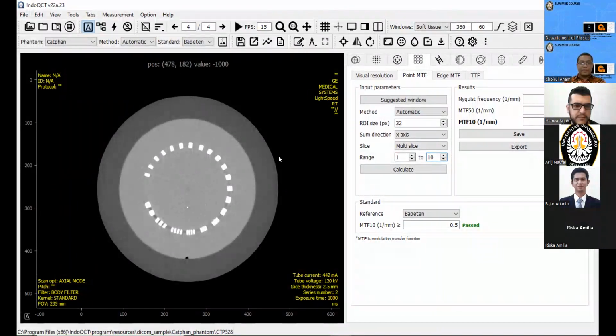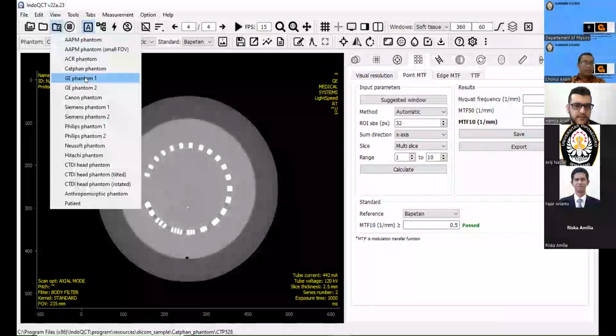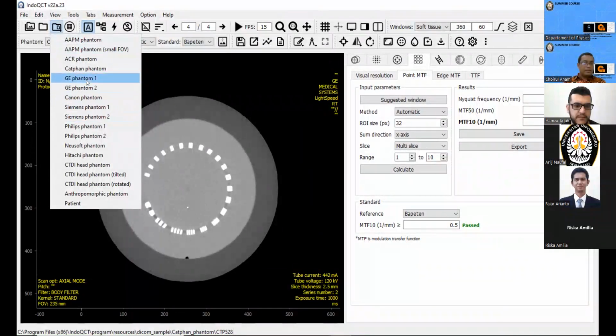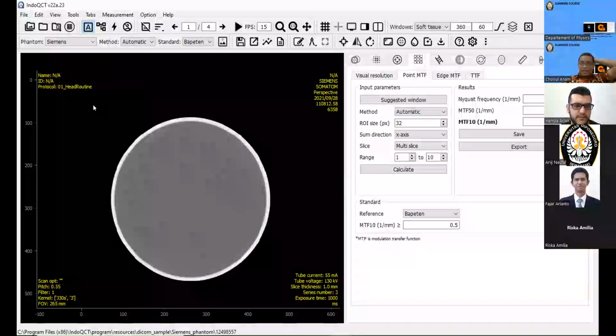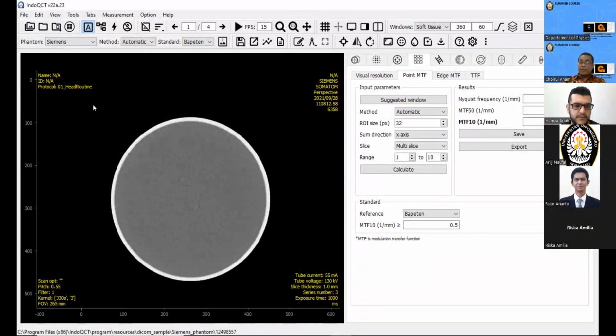using IndoQCT. Okay, and I will use one more example, using the Siemens Phantom, since the GE Phantom is not available. This is the Siemens Phantom.